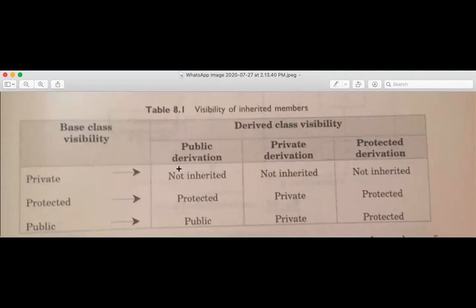These are the base class visibility, and this is the derived class visibility. Derived class visibility means the base class member available in your derived class. So that is the base class member visibility in your derived class. And what type of derivation are you using?